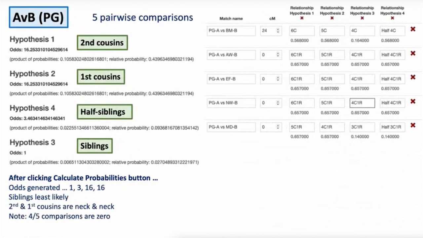This is the same analysis, family A versus family B, using my brother's data, and my brother was very different to me. He didn't have a match with some of these people at all. And those generated wildly different odds ratios, 1, 3, 16, and 16, and strangely, second cousins came up on top. So again, we're dealing with a situation where if you're putting in very low amounts of DNA, the results might